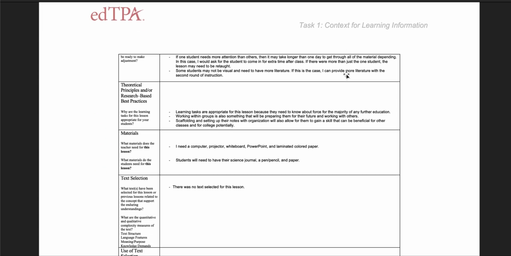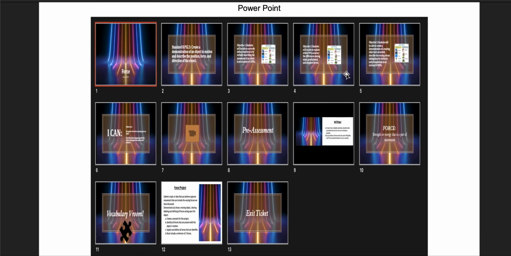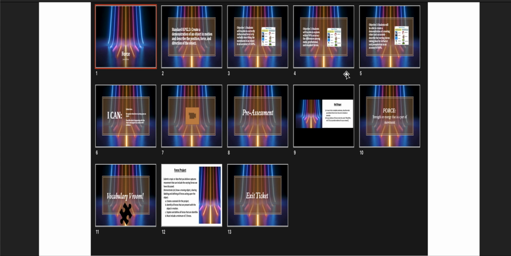I'm going to fast forward here, go all the way down to the materials that I created. Here's the PowerPoint. Pause for the presentation. The PowerPoint has all of the information, so we have the standard, we have the objectives so that they can look at that, and then I can statements that are based on the objectives. The movie for the